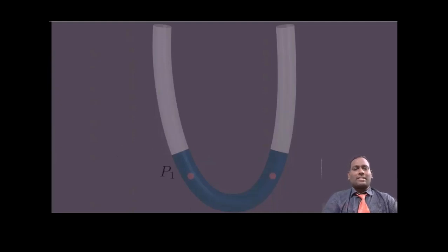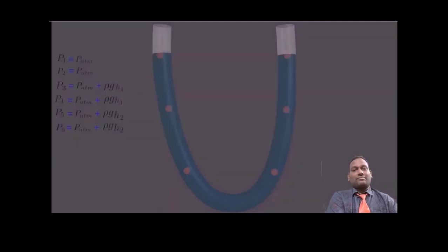Now we know the pressure at the upper layer of the fluid. What about the bottom layer of the fluid? What is the pressure at the red dots? The pressure would be greater than atmospheric pressure due to the additional weight of the fluid. So the pressure is atmospheric pressure plus the fluid pressure due to the additional height, rho g h, where rho is the density of the water. The same principle applies on the right side of the tube, so the pressures on both sides are equal to each other.